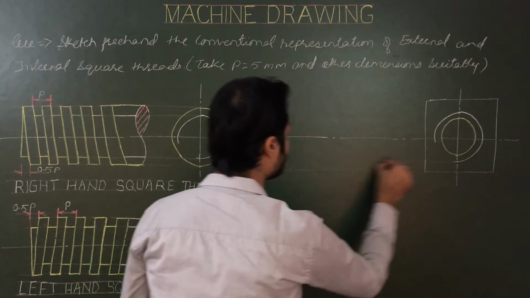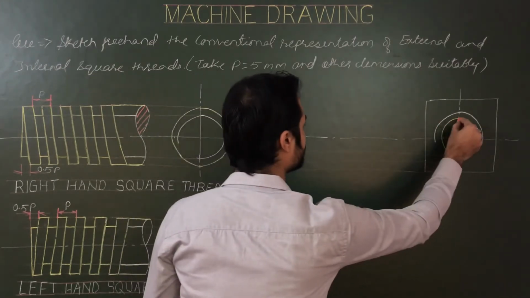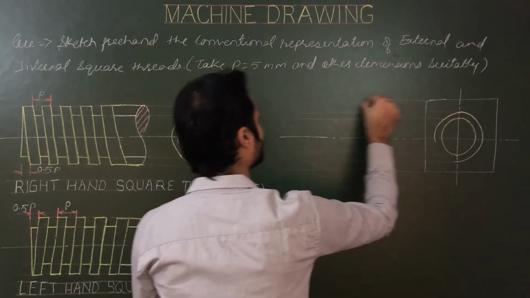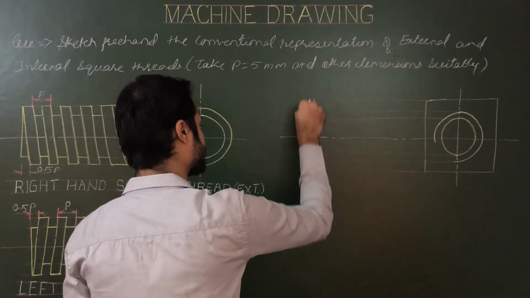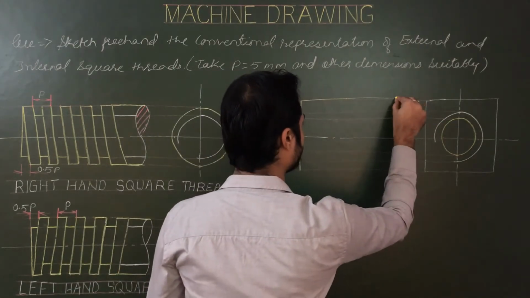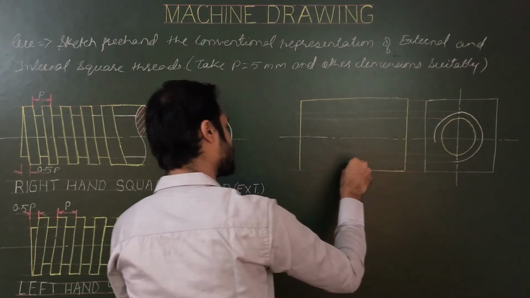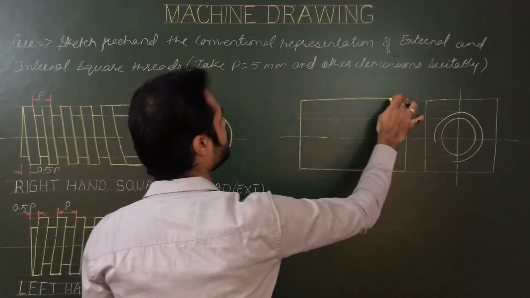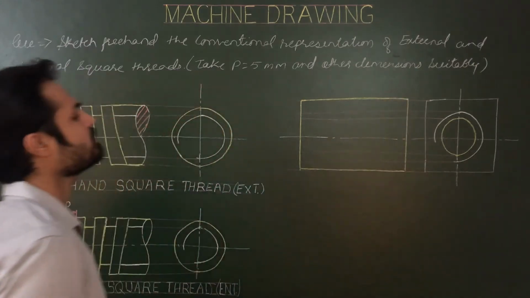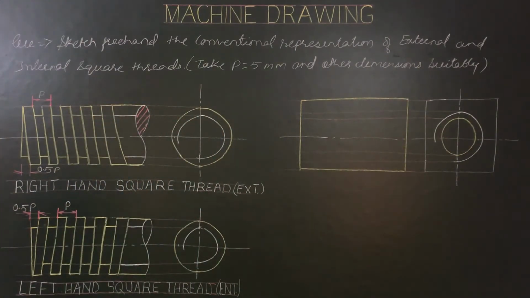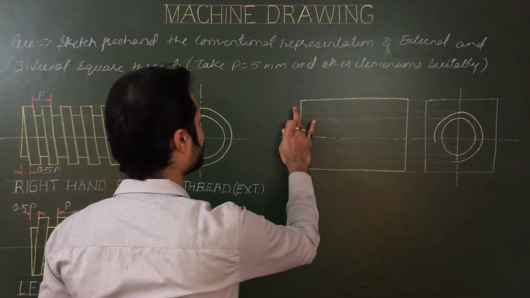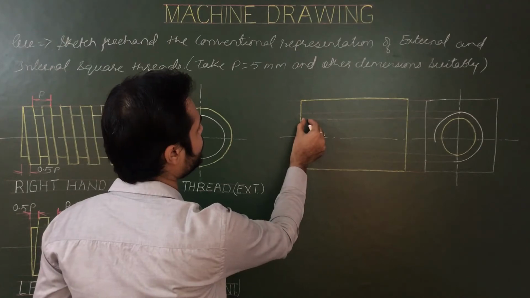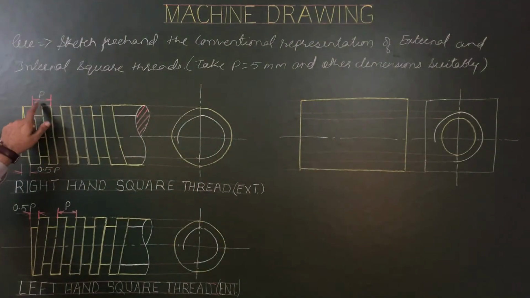So draw lines again parallel to xy. You know the process. So draw lines parallel to xy and then mark extreme limits first. Freehand. Please do not use any instrument for line or for angle or for anything. So these are my extreme limits. Now we have to decide thread length. Thread length means the gap or width of the thread, which is equals to half of pitch.